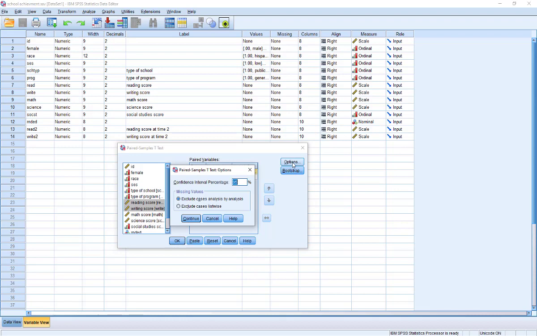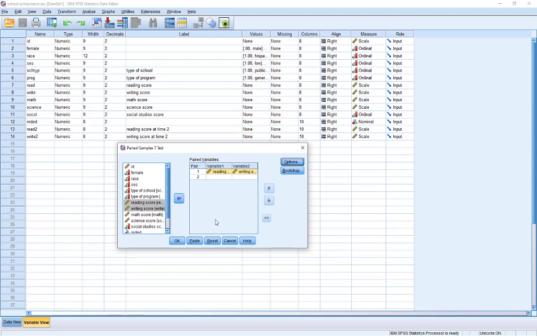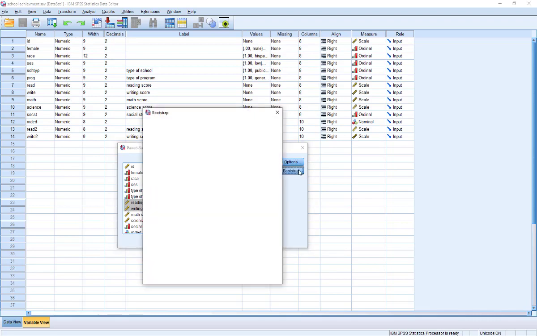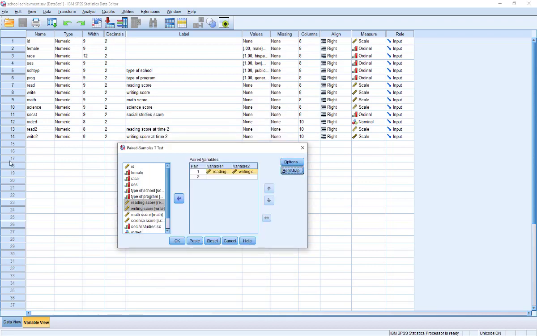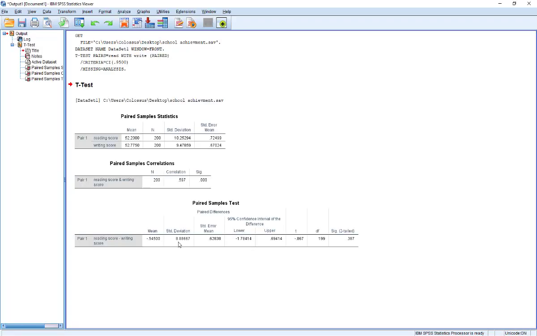If I go to Options, there's actually not much here. All that I can tell the program is what the confidence interval percentage should be. In other words, what's the alpha associated, or what's the error level associated with the confidence interval. And at the end of the day, for what we're talking about today, it doesn't really matter all that much. Bootstrapping is something that falls a little bit beyond our discussion, so we're not going to worry about that today. So with this in mind, I'm simply going to say OK. And you can see here we get the output. And right away, you can see at the very top,